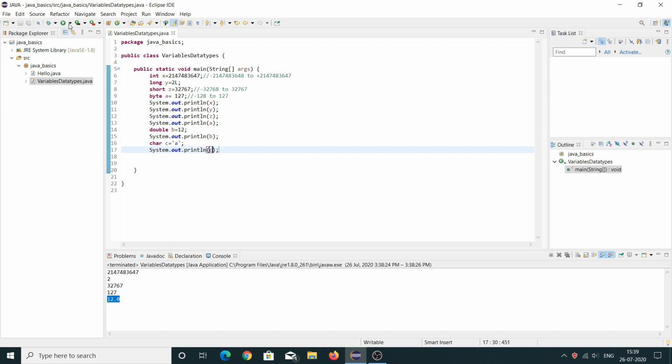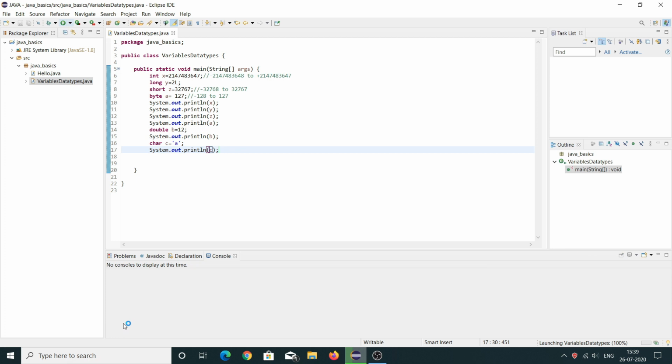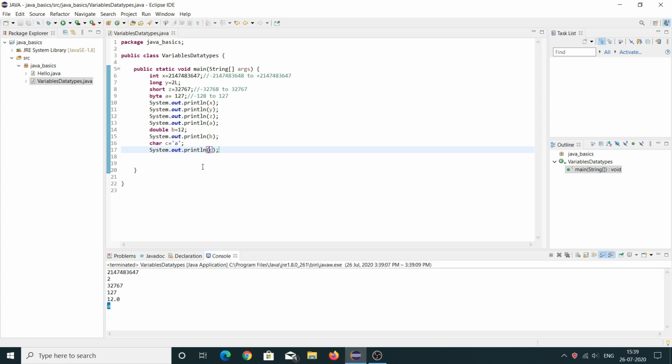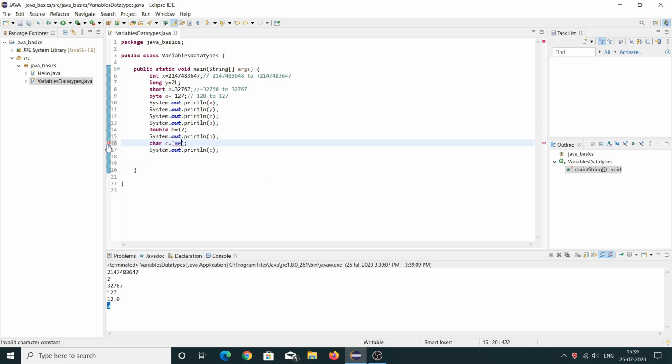Right, it will print the letter A. But if I try to give more than one letter, it will give me an error. See, invalid character constant. So character or char can only store a single letter. So let me delete it.